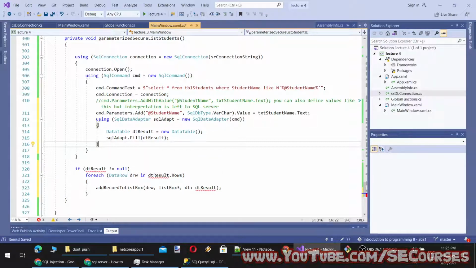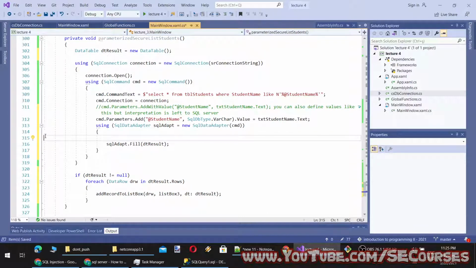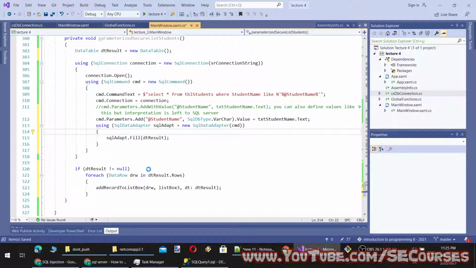Whatever is inside the using statement is disposed of, closed, and such after you leave the using code block. Okay, so let's move this to the top of our code, and now we can use it. And since we are defining it with new data table, I think it won't ever be null. So it is fine, but we can leave it.